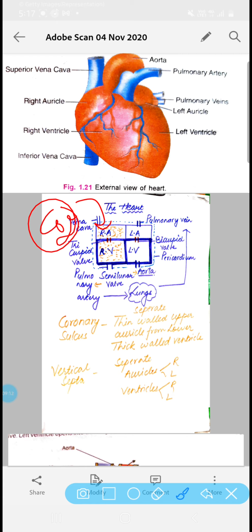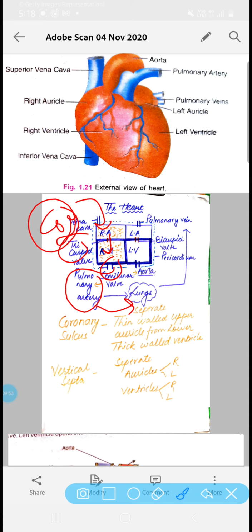Now this right auricle, as it is filled with the blood, exerts pressure on the tricuspid valve. As a result, what happens? The blood enters into the right ventricle region. Okay, now the right ventricle, as it gets filled with the blood, what happens? It puts pressure on the semilunar pulmonary valve and this valve opens, and by this valve the blood enters the pulmonary artery, and via this pulmonary artery the deoxygenated blood moves to the lungs for its